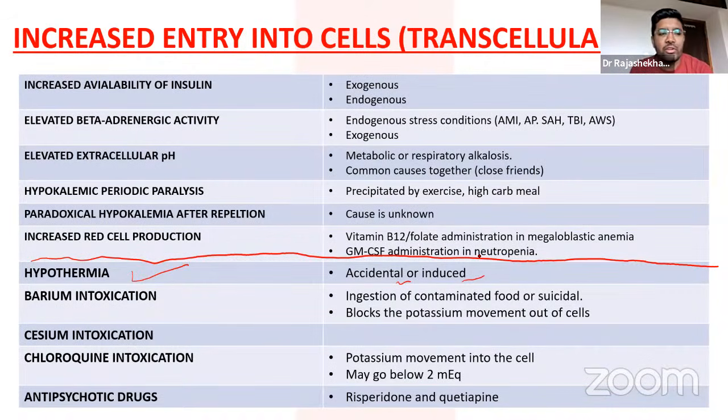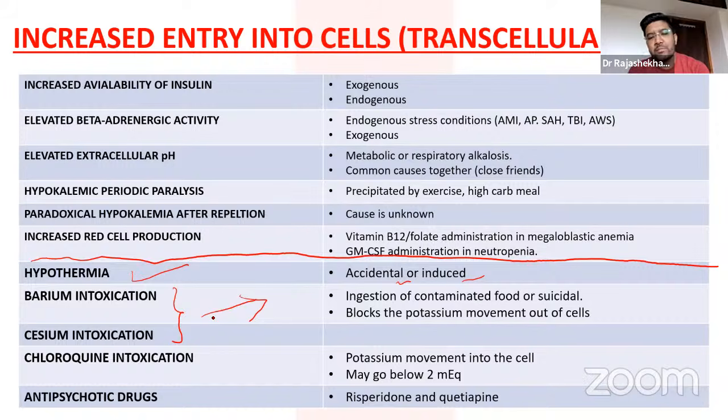The hypothermia patient can also have hyperkalemia due to the ischemic myopathies, etc. So hypothermia is one condition which can have the hypokalemia and hyperkalemia both. And the barium and cesium intoxications. So barium is acquired either by ingestion of contaminated food or it can be suicidal consumption. What the barium and cesium do is they block the potassium movement out of the cells. So these are the